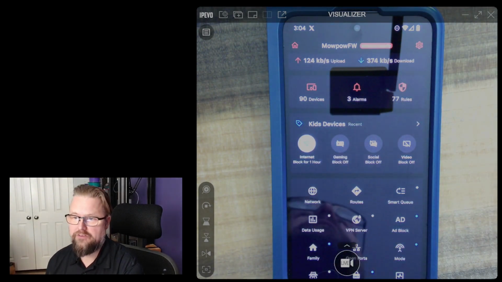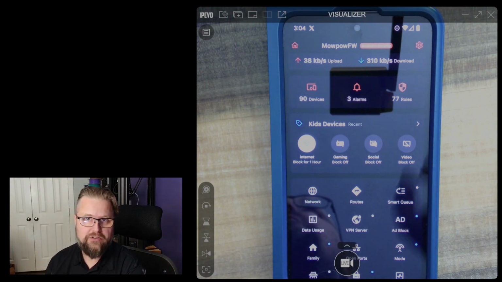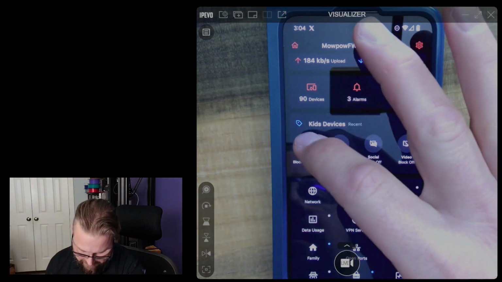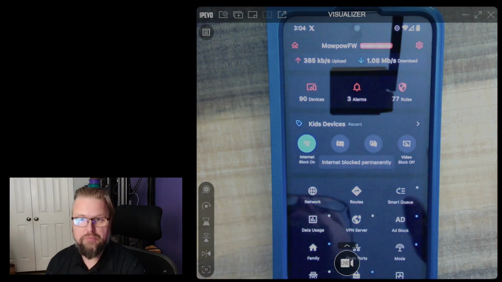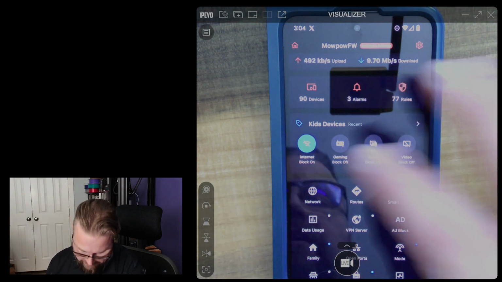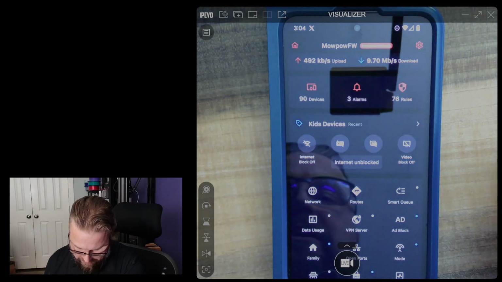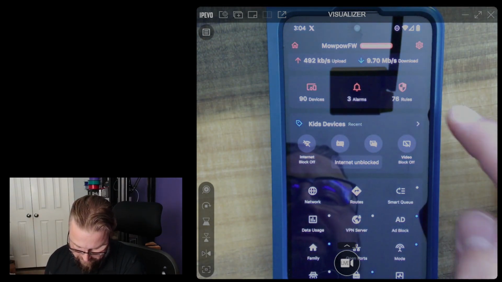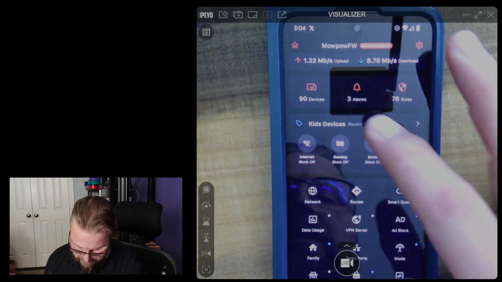So that's basically all there is to it. Essentially, right there, single click, I can turn off the internet for an entire hour. If I click it again, it's blocked permanently. So until I go and unblock it, the internet is completely off. So I'll just go ahead and turn that off. So that's blocking the internet completely. But let's just see